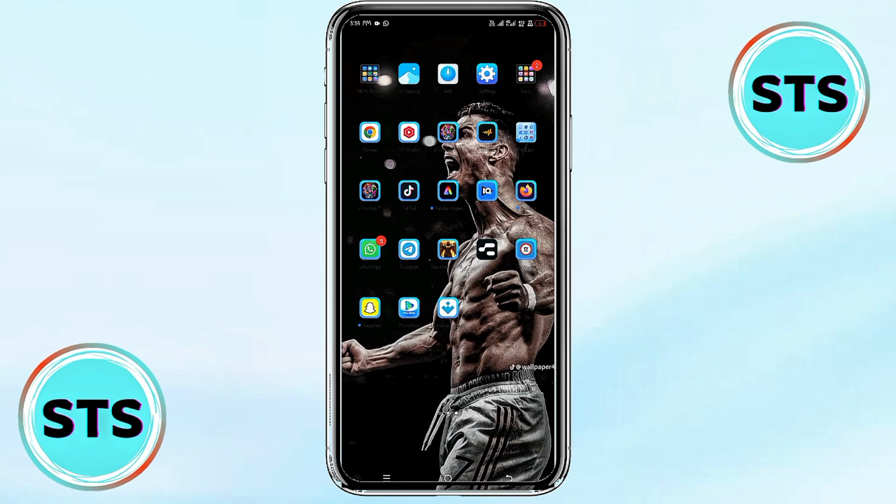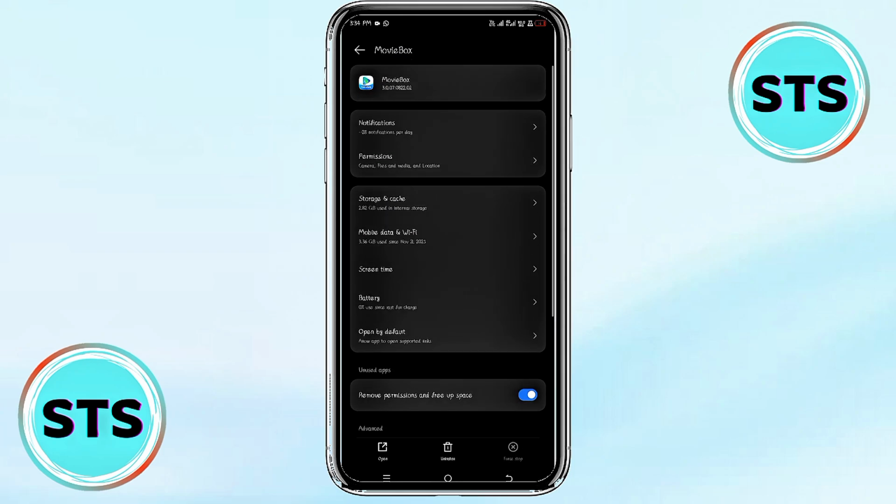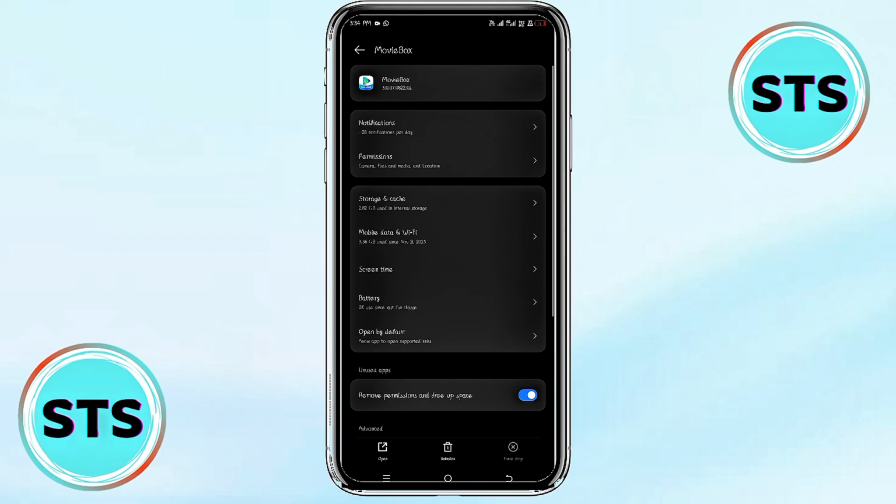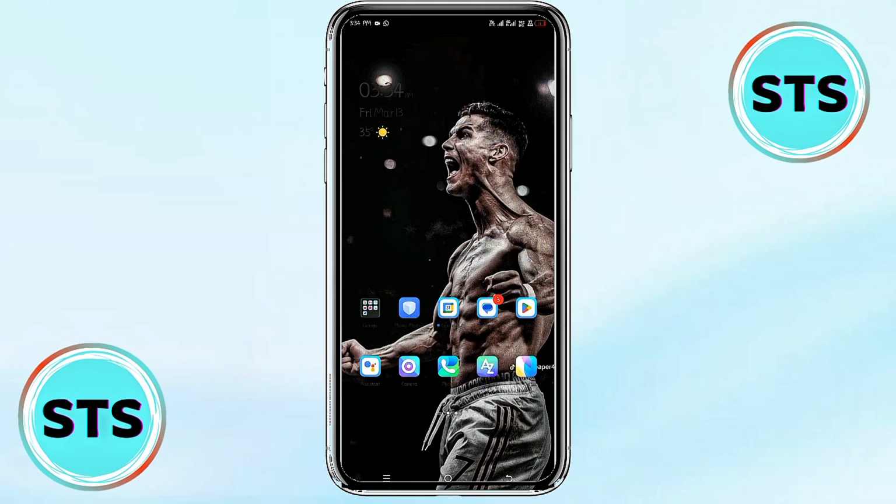First, all you need to do is to tap and hold on your moviebox and click on app info. Okay, once you click on that, you're going to go to the storage and cache and clear your moviebox storage and also clear the moviebox cache. So once you do that, you go back gently and force stop the app. Then you leave the settings, okay, and go to your